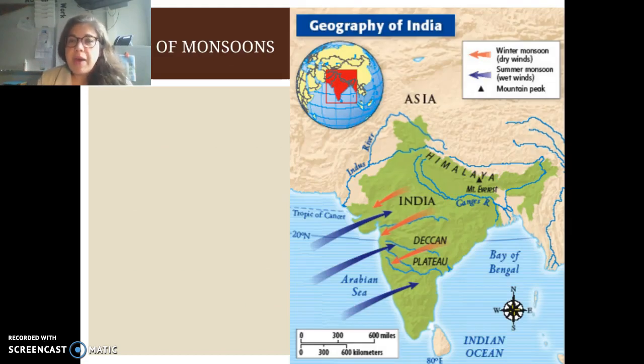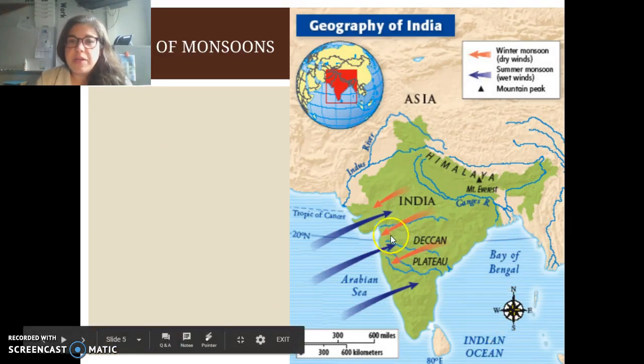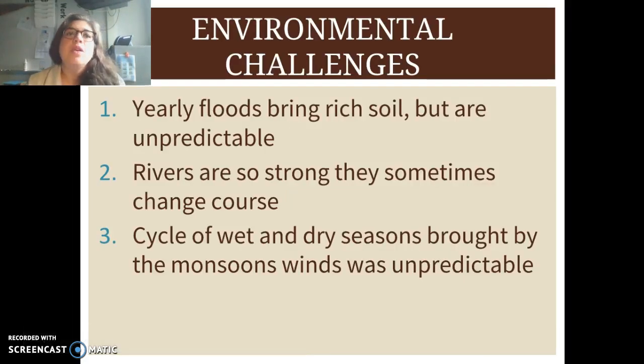Here's a map that shows you our winter monsoons and our summer monsoons. Remember, here's the Deccan Plateau, here are our rivers and our mountain barriers. So if you live in the ancient Indus River Valley, what do you have to deal with? You have yearly floods that bring rich soil. That's great, but they're unpredictable, so when they don't come, that can be damaging to your crops and to your